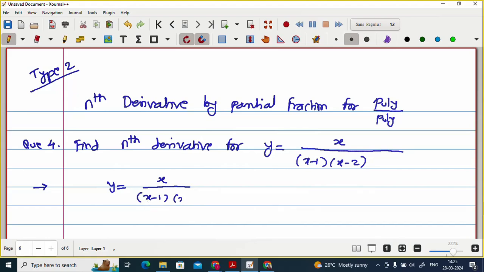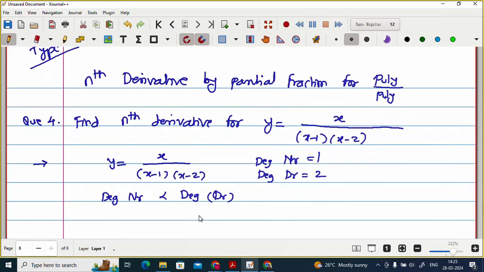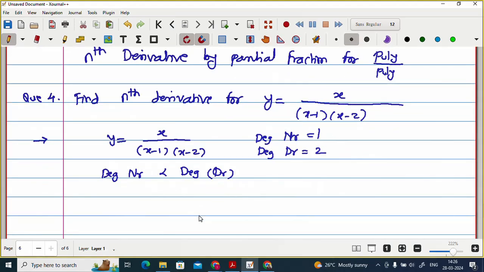इसमें न्यूमरेटर का डिग्री क्या है? तो डिग्री ऑफ न्यूमरेटर इज 1 and degree of denominator is 2. So what you can see, that degree of numerator is less than degree of denominator. So when the degree of numerator is strictly less than degree of denominator, then we can apply the partial